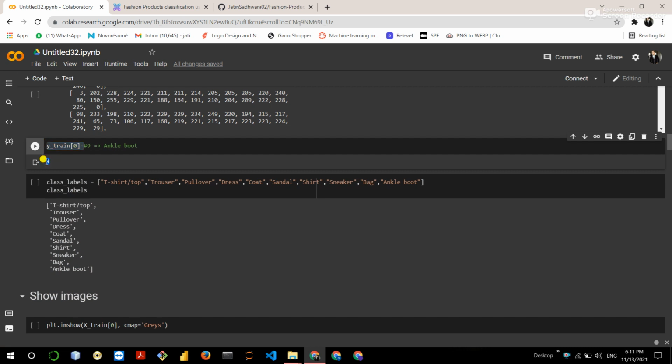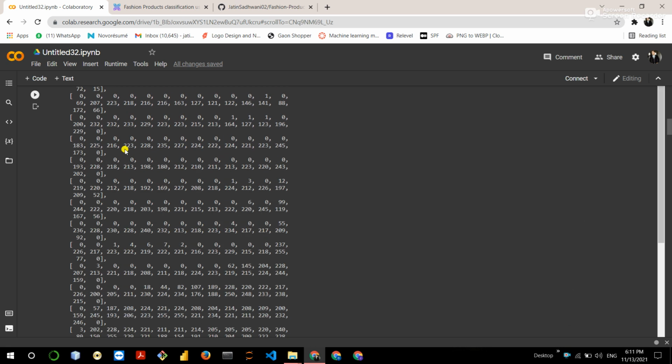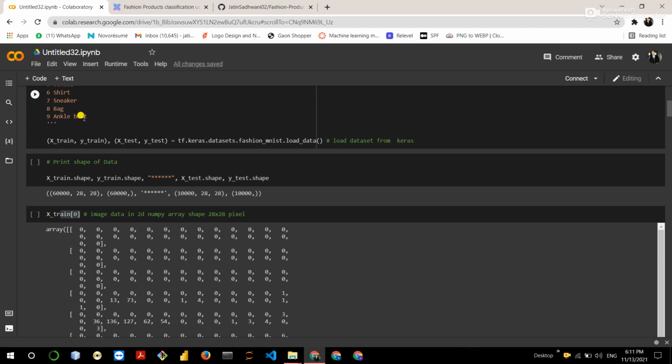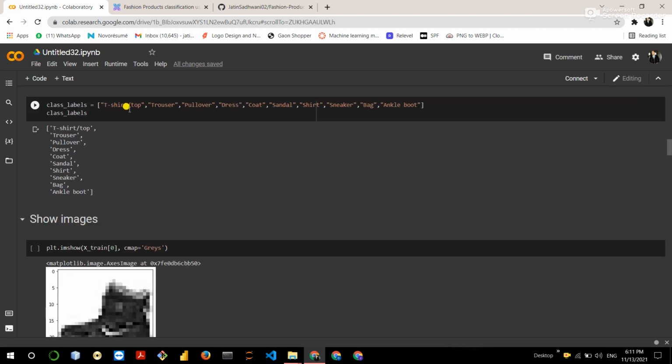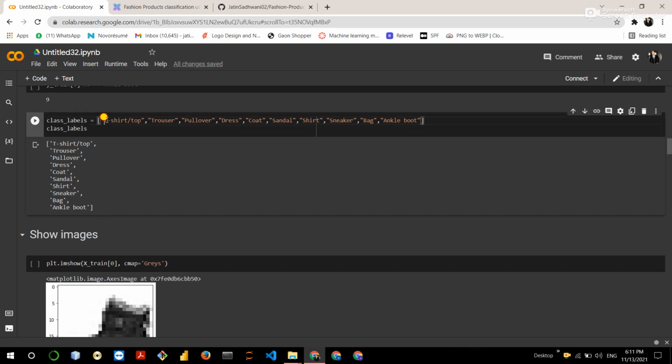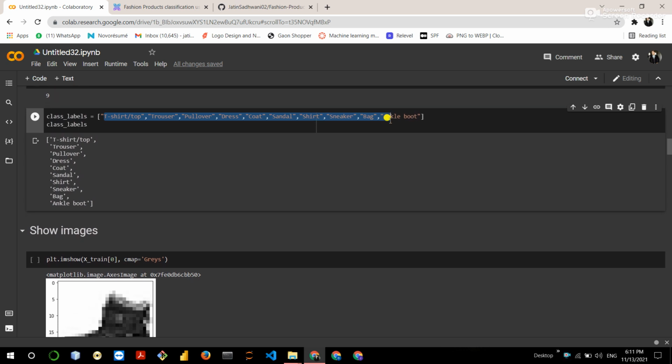It belongs to category 9, and the ninth category is ankle boot. After this we create a list of our categories, and we display the list. So this is the list.